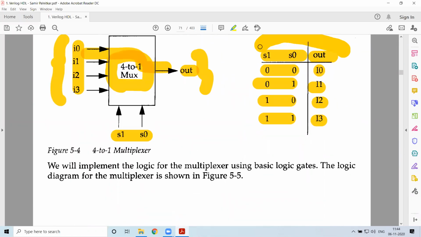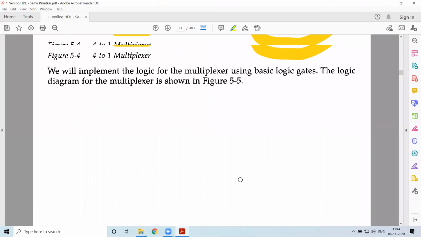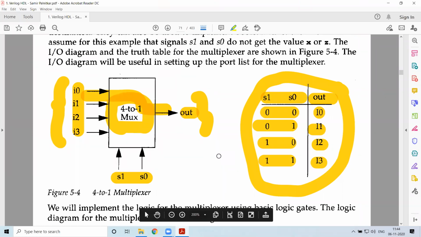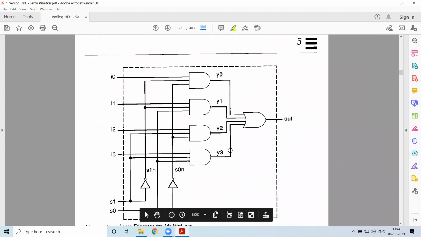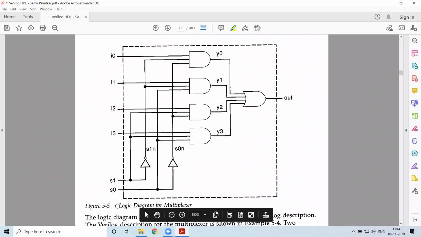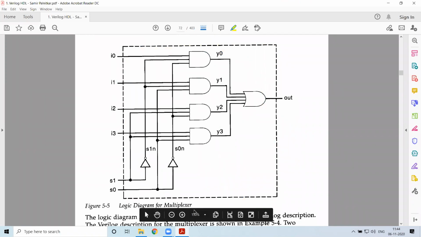When I simplify this, say using K-maps or any other method, you should be able to implement this with logic gates. Now this is the logical representation of the 4:1 multiplexer we have discussed. Just imagine that this is the black box which consists of the mux implementation. This entire thing is a top level block, which is built using these gates.